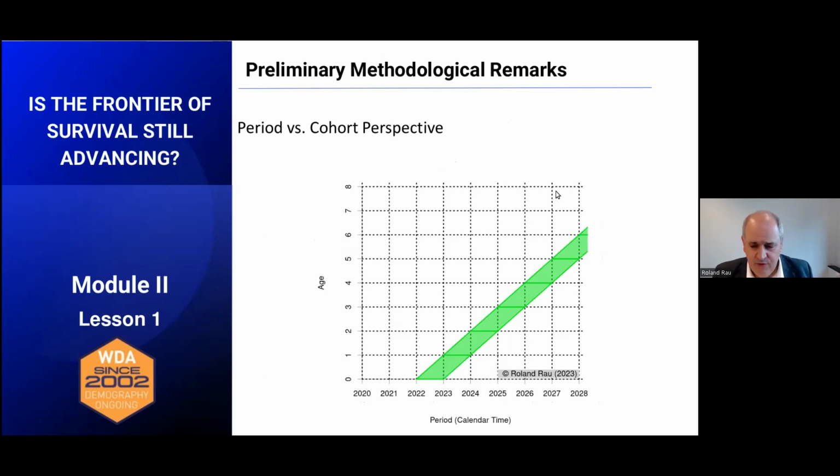Something which is often confusing, and I got asked quite often: how do you know? How do you know the survival of West German males born in 1975? And I don't want to disappoint you, but I have to. I'm very sorry. I don't know, and nobody else does, because, well,